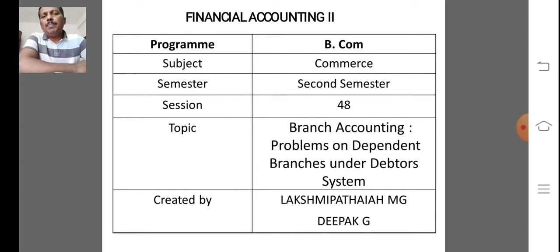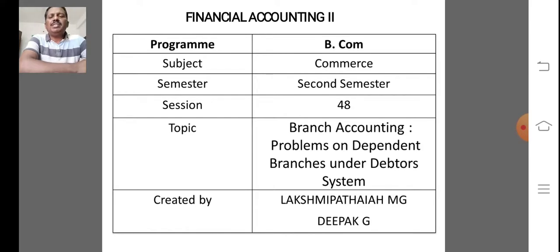When the head office sends goods to the branch at cost price, we debit the opening assets, debit the goods sent to branch account with the cost price of goods sent by the head office to the branch, debit the bank account with the amount of branch expenses met by head office, and debit the closing liabilities with the value of liabilities at the branch at the end of the accounting period, and credit the opening liabilities with the